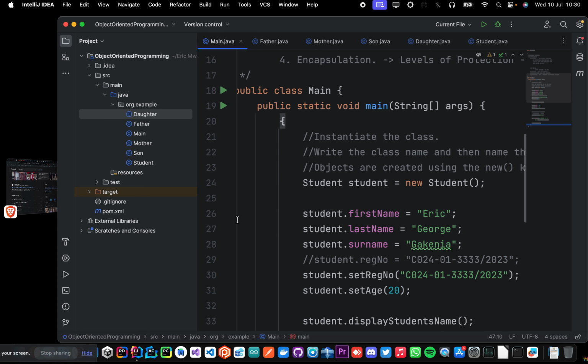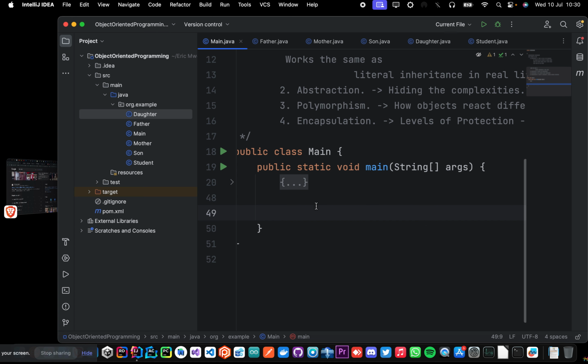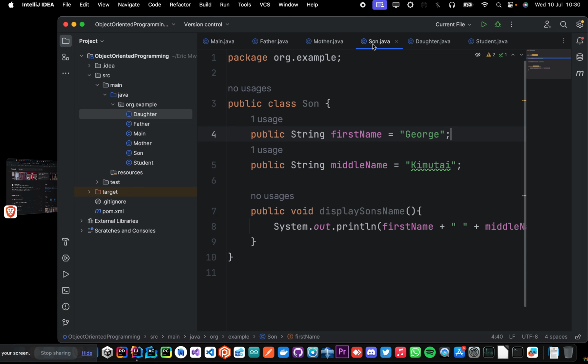I want to minimize this code. Is there a way I can collapse here? So this is our main method. So just think of this as the new main method without all these things that we are talking about up here. What I want us to do is to display the son's name, and the son's name of Ruto,